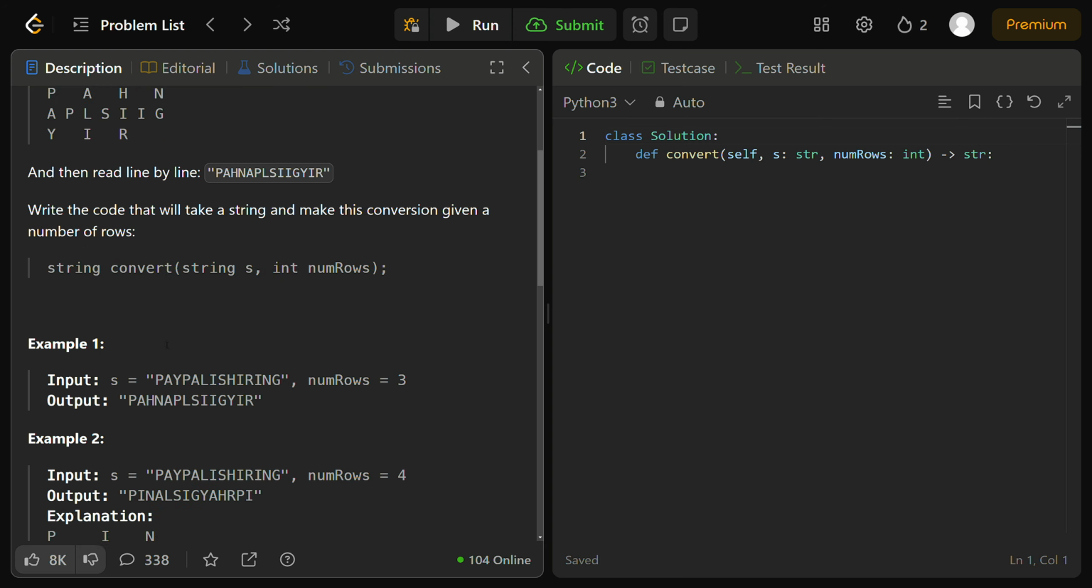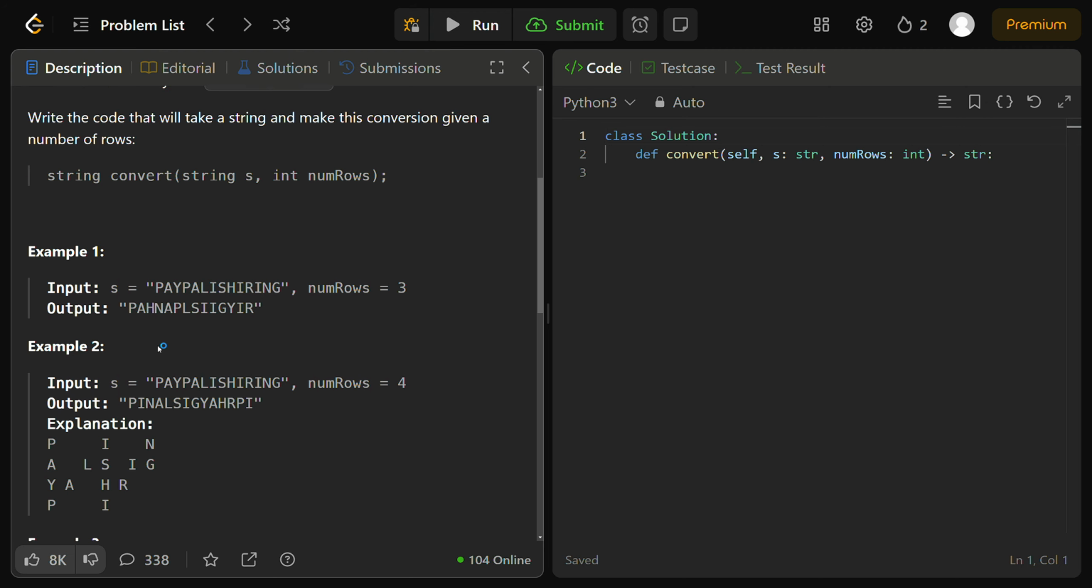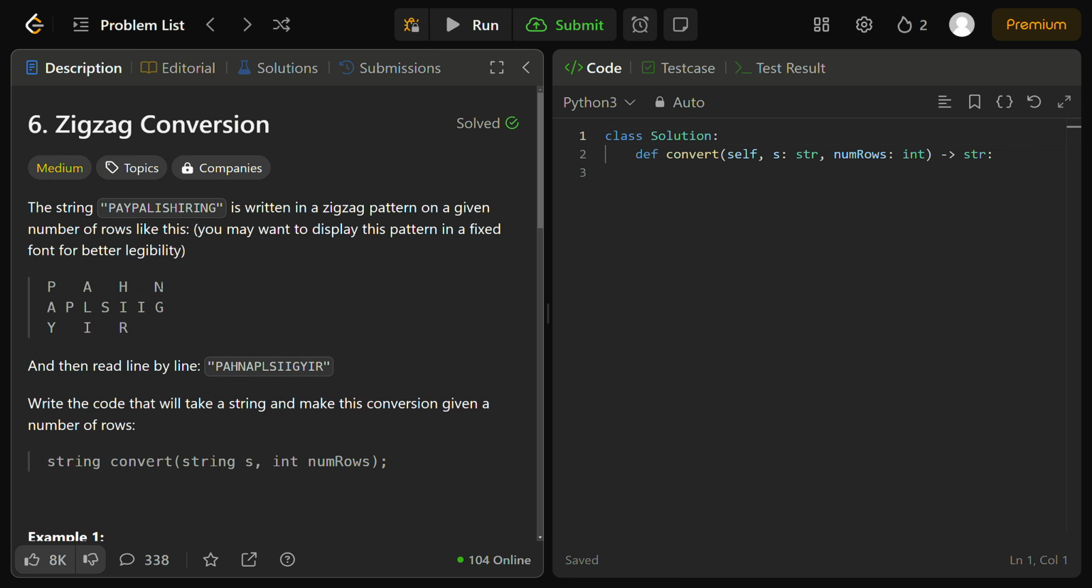method. So in example 1, we have our input string s to be PayPal is hiring, the original example given in the problem statement as well, and we have the number of rows to be 3. If you want to go back to the image, this is how we would actually put this into 3 different rows and format these corresponding adjacent